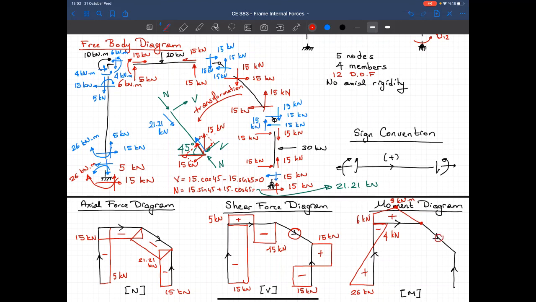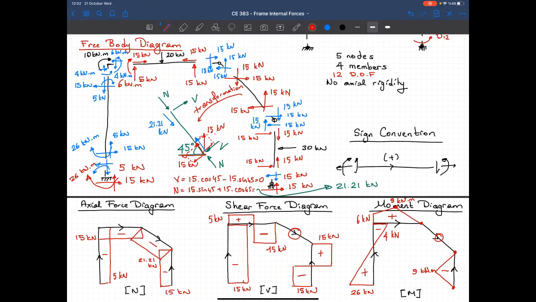Third member, no moment, 0. Fourth member, at both ends I have 0 moment. And if you look at that diagram, we go from bottom to top. So the moment should decrease first and then increase. So I should have a moment as follows. This is minus, and the magnitude of that moment is the area under the rectangle. And if you calculate that, that moment will be equal to 9 kilonewton